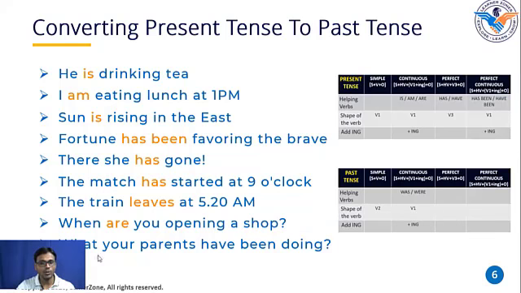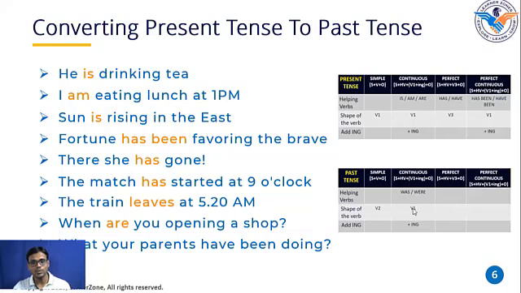Okay, I want you to convert the same sentence into simple past tense now. Remove the helping verb. Okay. What your parents did. Correct. What did your parents do? You removed the helping verb and replaced the first shape of the verb "do" with the second shape of the verb "did". Your parents is the subject. Okay. "Have been", you have removed that. What your parents did. That's it.